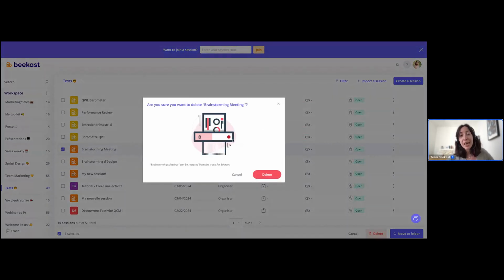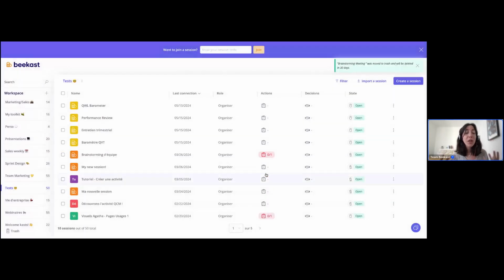So here it asks me, are you sure that you wanted to delete this session? That way we don't make any mistakes, and I can go ahead and confirm. And what's interesting to see here is you get this little message saying that this session can be restored from the trash for 30 days. And this is also a really, really requested feature. And I think it's so important to show you how now, so my session has been deleted and I can